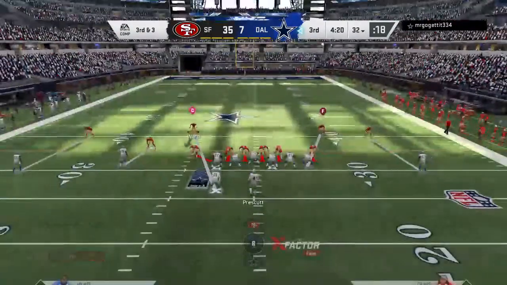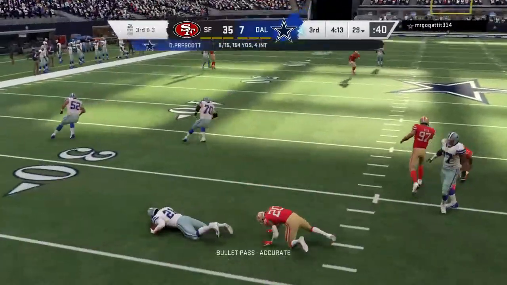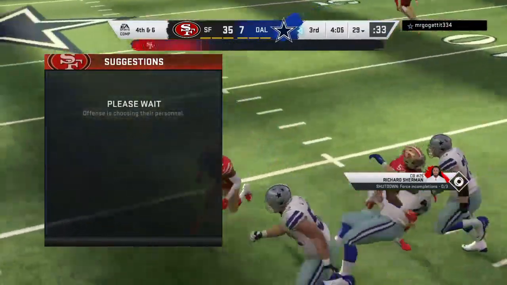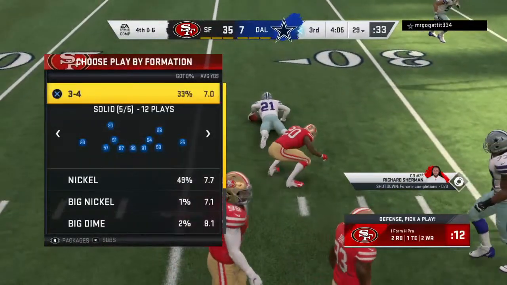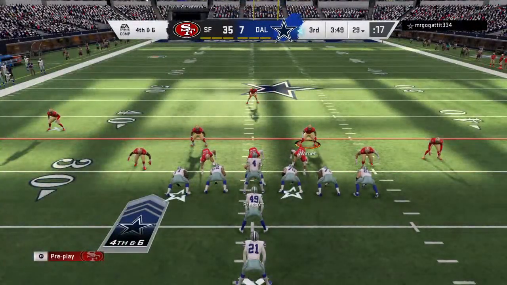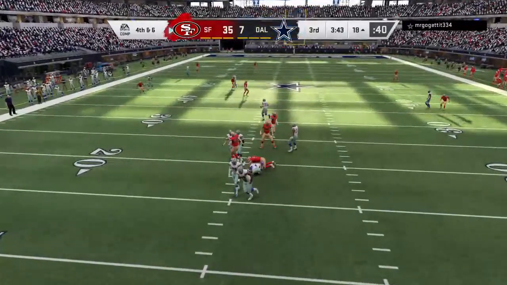49ers have an extra defensive back on the field, a nickel set for 3rd down. Throwing, Prescott. They'll set up the screen to Elliott. And he went nowhere. He'll lose yardage back to the 29. They'll wind up losing 3 yards here. And that's going to make it 4th down. Dak and the offense still out there. They are going to go for it. They're indeed going for it. It's Prescott. Nowhere to escape, and he